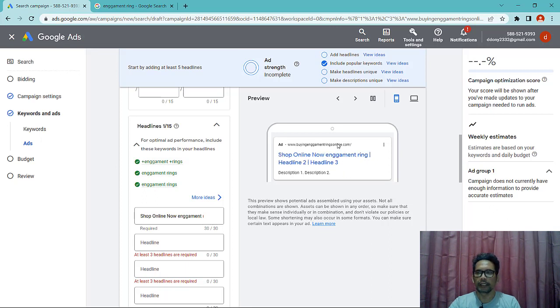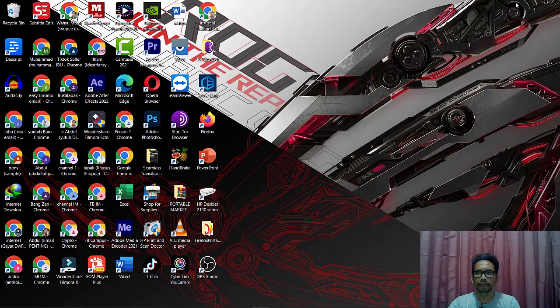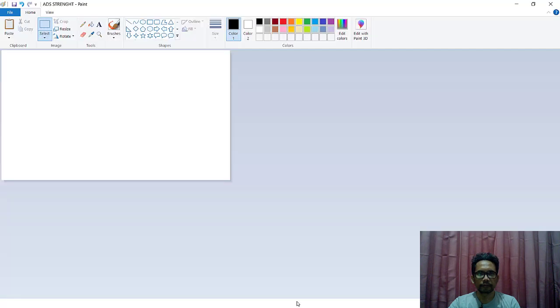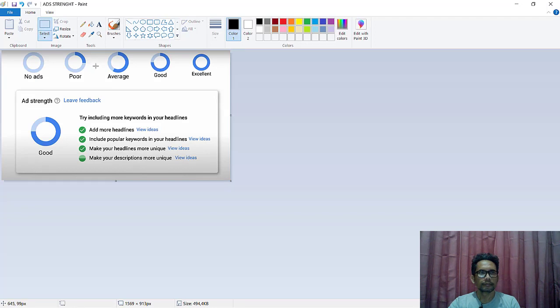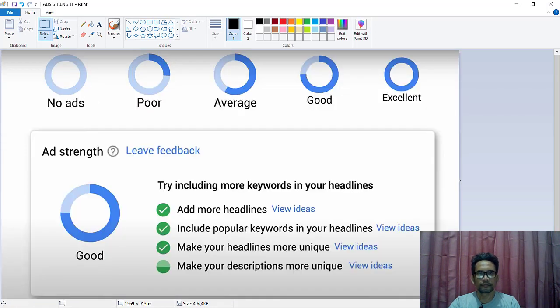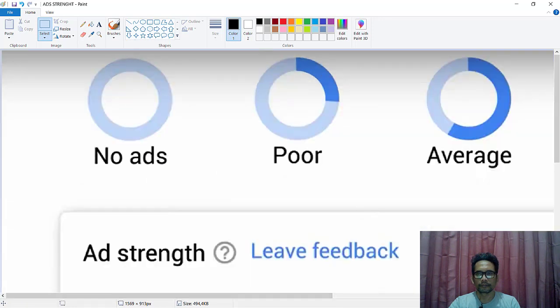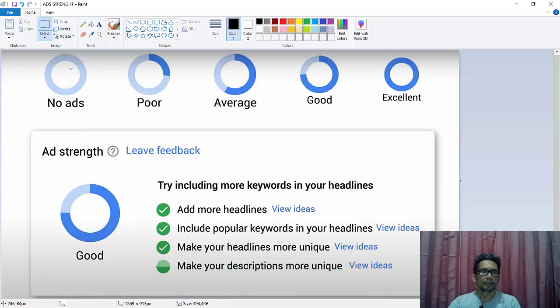On the right hand side of the screen, you will see ad strength. This is no ads, poor, average, good, and excellent.